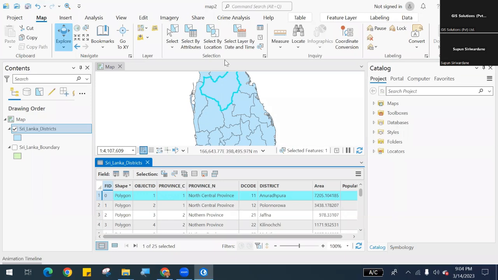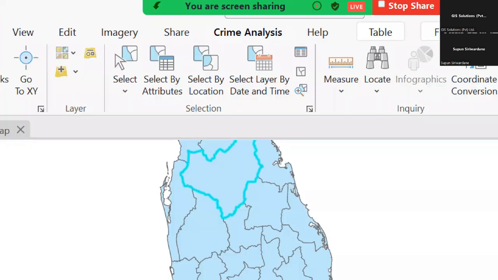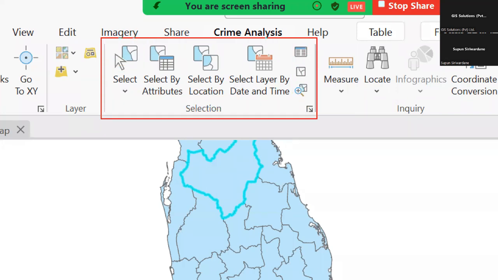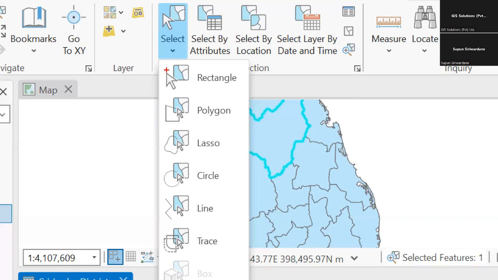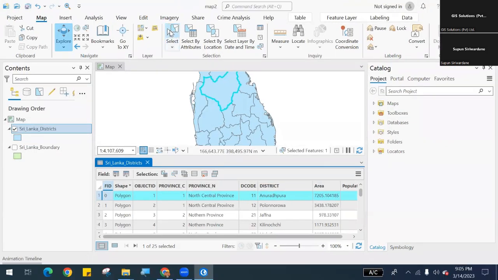So you will come to a particular place with a lot of selection tools. So in Pro, there's a group called selection where you can do multiple types of selections. So if you want, you can just select in the map using a tool called rectangle selection, polygonal selection. Likewise, there are tools. So I will click on the select tool